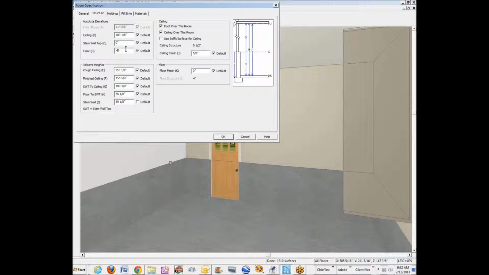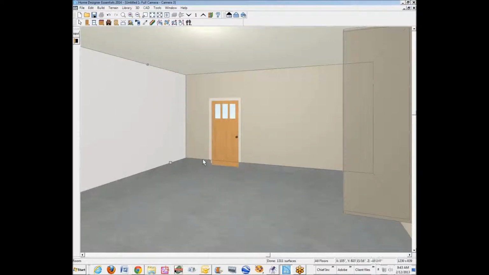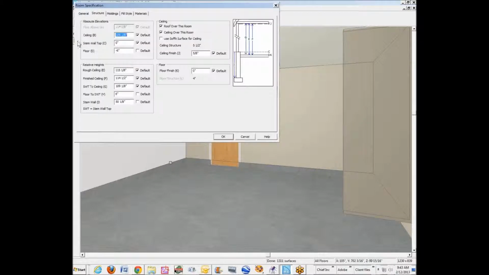So anyway, I hit the tab key. And I don't want the stem. Okay, let's click OK. You see I've got a little bump here. See, it's shown right here. And that's because the stem wall is set at 0 inches and the floor is set below that. The stem wall stays where it is, the floor drops. So if you want those to go together,